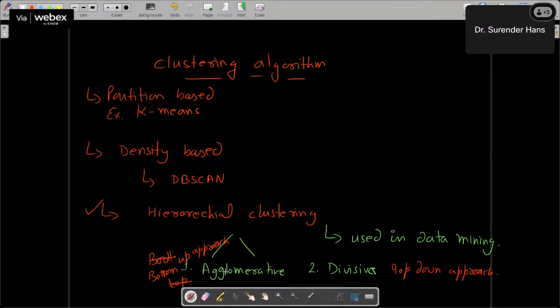In this session we will discuss agglomerative clustering. The reason for its importance is this: